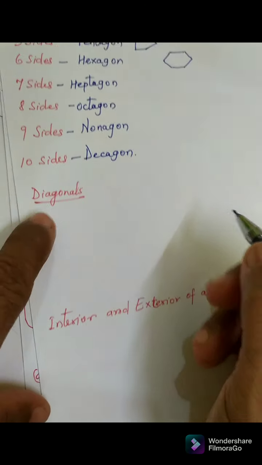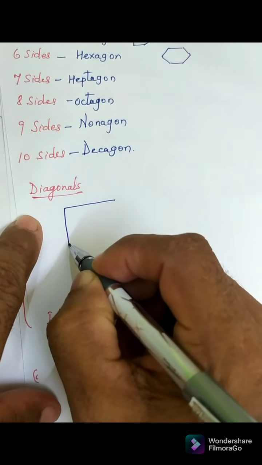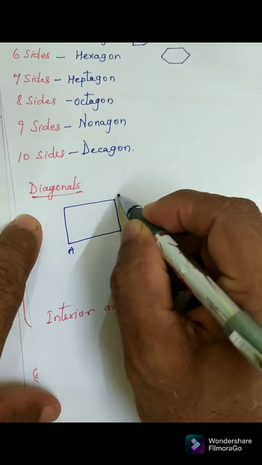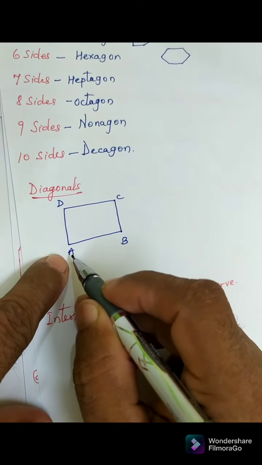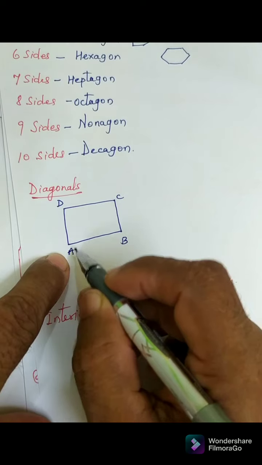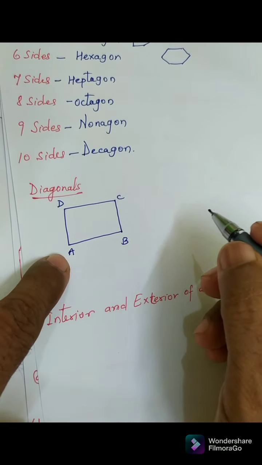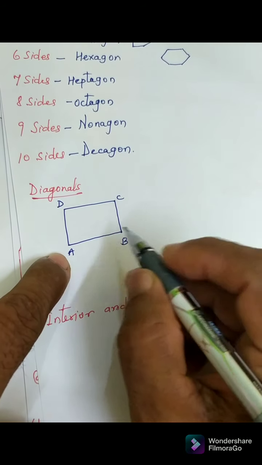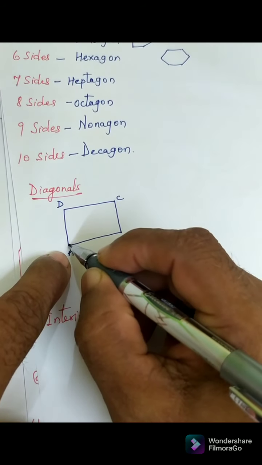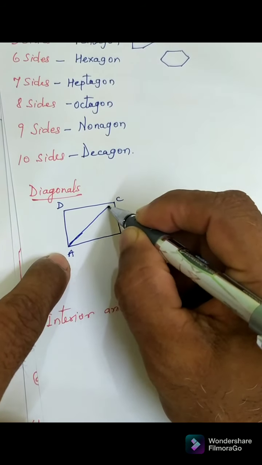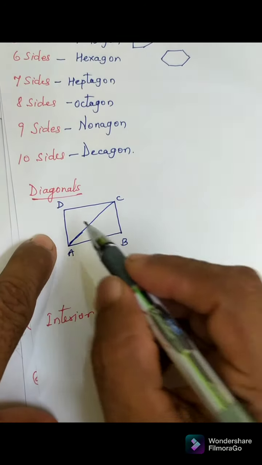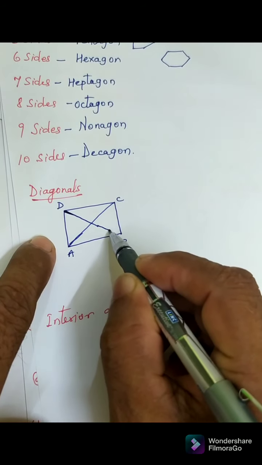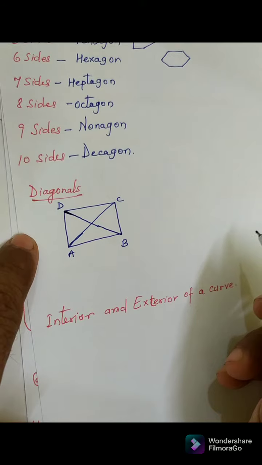Now in these figures, let us see what is the meaning of a diagonal. Now I will give the names A, B, C, D. A is adjacent to B, and D is adjacent to A. Now if I want to draw a line from A to B, I have drawn like this. But one more possibility is the opposite vertex. This is a diagonal. So a rectangle, a quadrilateral, has 2 diagonals, you can see.